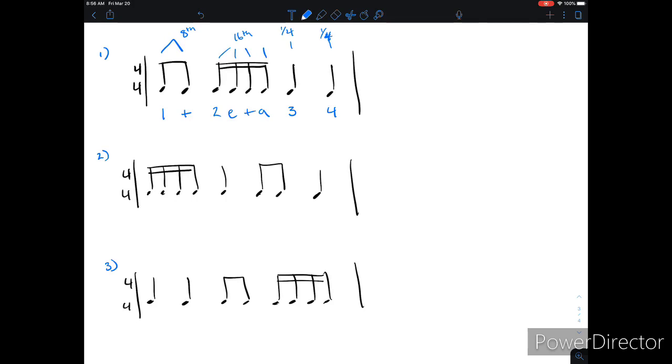Okay, let's go down to exercise number 2. Again, these first 4, because they have this double beam, are 16th notes. The next one is a quarter note. These next 2 are eighth notes, and the last one is also a quarter note. So using how we count 16th notes, these start on beat 1. It's going to be 1, E, and